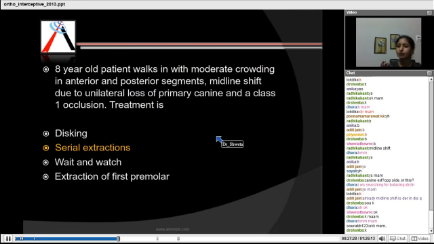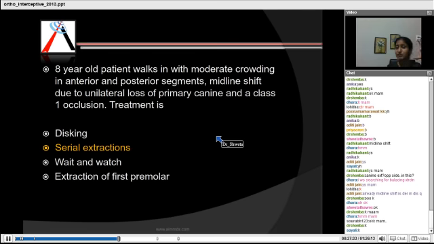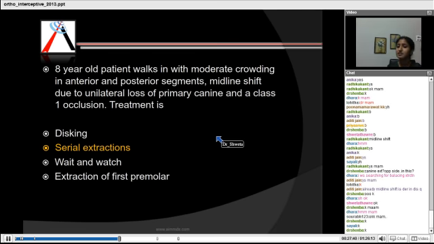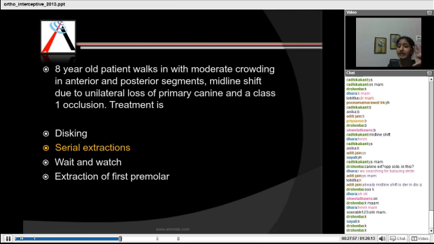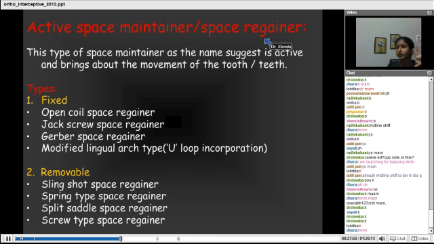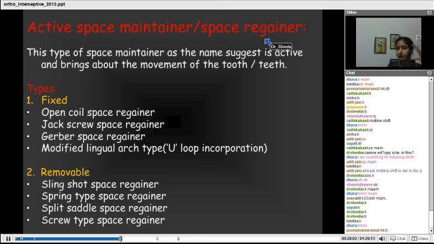So see, whenever you find a question, see the age. See which age the patient is. He is in a growing period or already a developed period. Then you see the clinical features. If it's an ortho question, then you see cephalometric features. If radiographic features are there, you have to evaluate all of them and then you need to come to a diagnosis. Once you achieve a diagnosis, then only you can choose one of the options as treatment. So be very careful while doing that. Read the question 2 or 3 times.